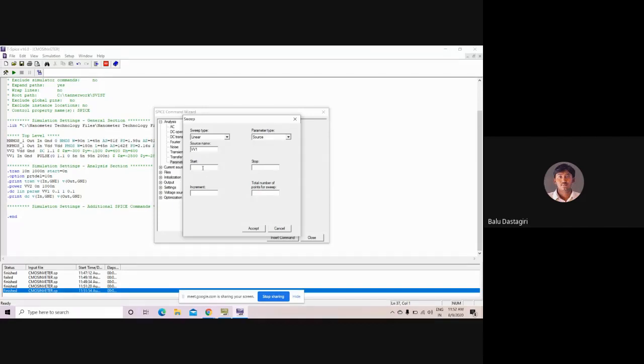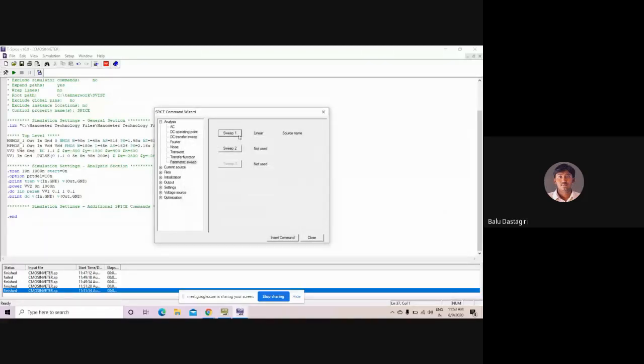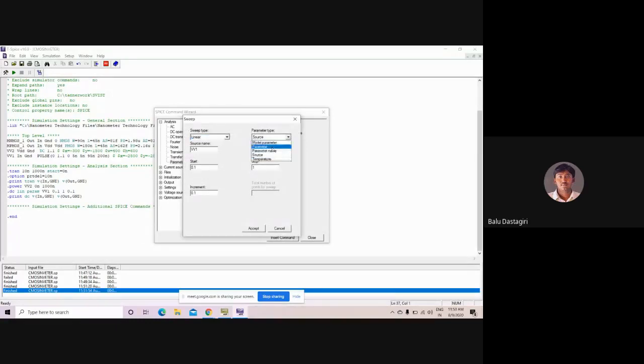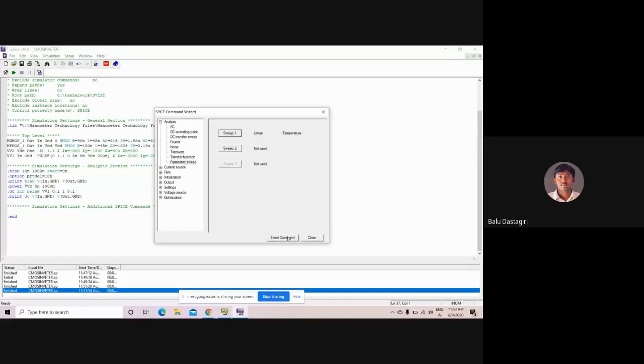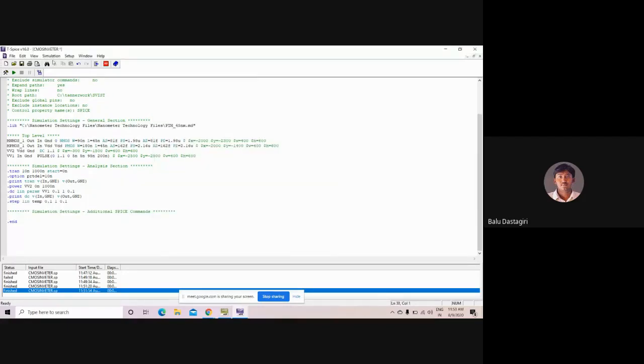Start voltage the same thing, 0.1. The stop voltage you take it as 1. So increment is 0.1. So it is the part of DC. And next is temperature. Let us see how the output also varies with respect to temperature. So now run the simulation.